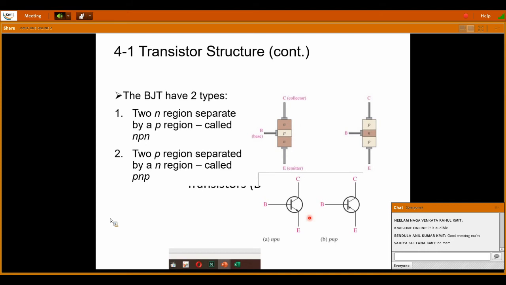So always, if it is an NPN transistor, the current is flowing from base to emitter, and in a PNP transistor, the current is flowing inside the base terminal, so from emitter to base. In order to differentiate NPN and PNP transistors, we use the arrow symbol at the emitter terminal. If the arrow is outside, then it must be an NPN. If it is inside the transistor, then it must be a PNP transistor. Okay, right. Next.